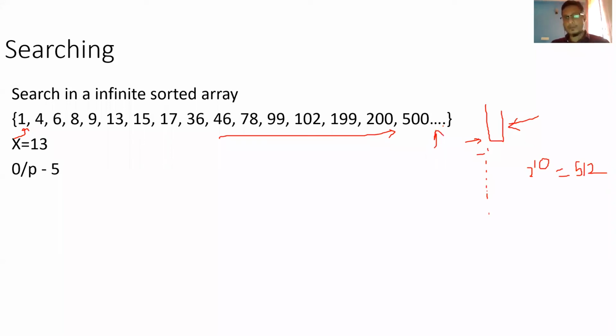So basically, you just jump to that element somewhere here, and compare. If you find that the element you are searching for is lesser than the element at that position, you have an array bounded by that size, so you apply binary search and do the remaining search. Or if you find the element is higher, then you again go to 2 raised to 20, a very high number, and your search range becomes the previous item to this item. If the searching element is less than this, then your search range becomes this much. Then you apply binary search and do that.